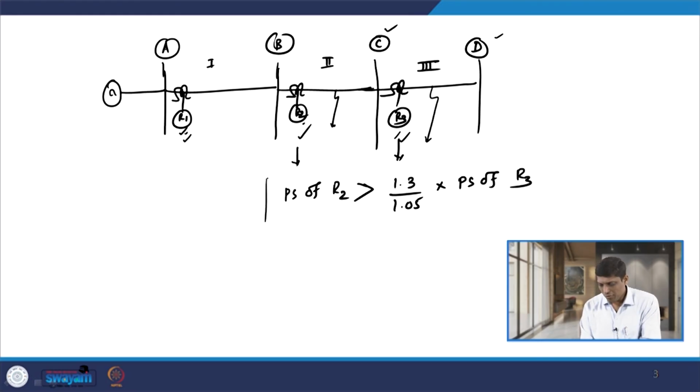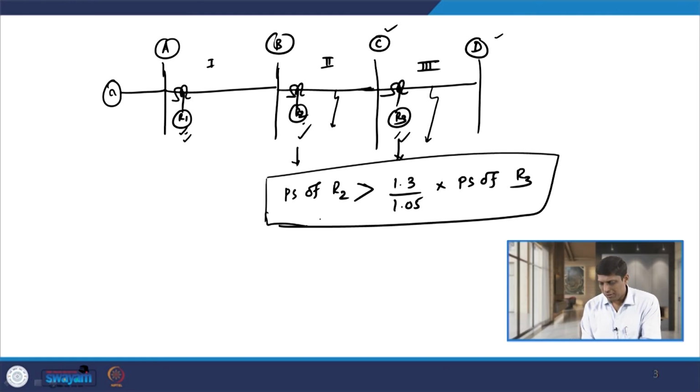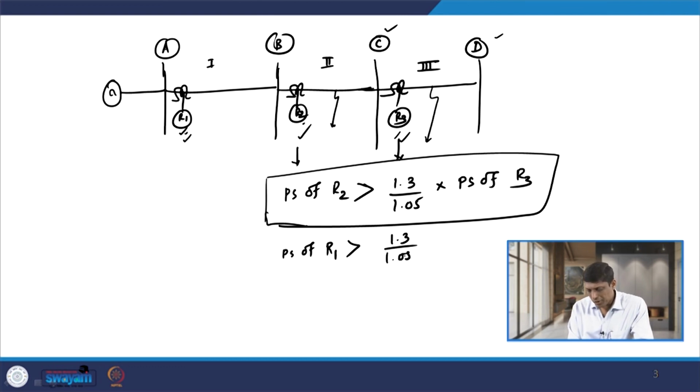So, this rule we need to remember when we decide the plug setting of two relays. Here 1.3 comes from 130% and 1.05 comes from 105% of the pickup variation. In the same way, the plug setting of relay R1 has to be greater than 1.3 upon 1.05 into the plug setting of R2.